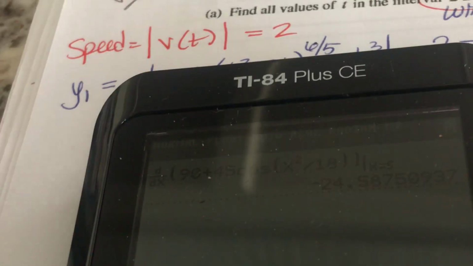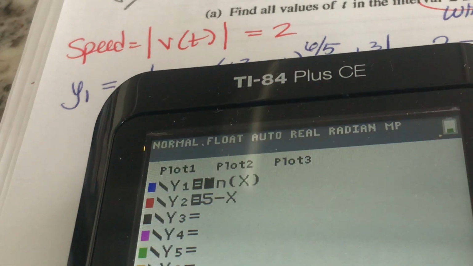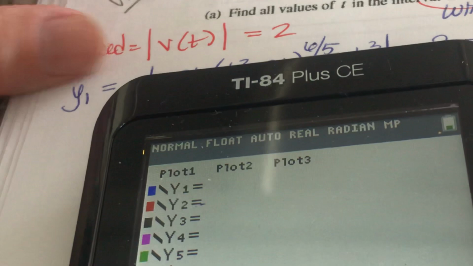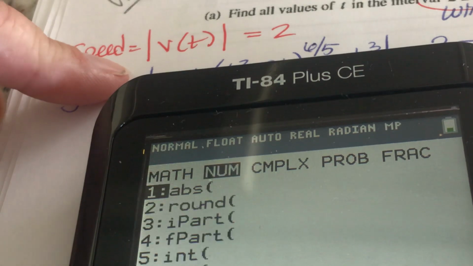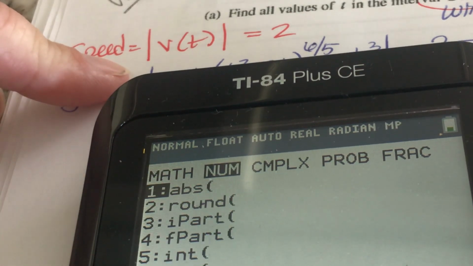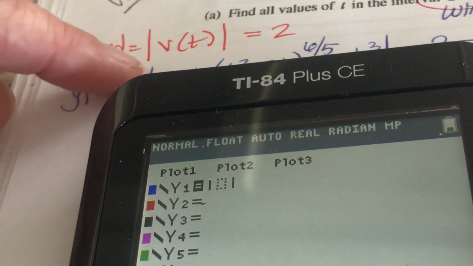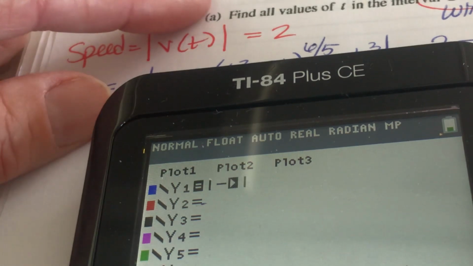So let's go to the graphing section. I'm going to clear those out. I'm going to go to Y1. I need absolute value. Absolute value is under math. Scoot over to number, and it's that first ABS. We're going to put in -2